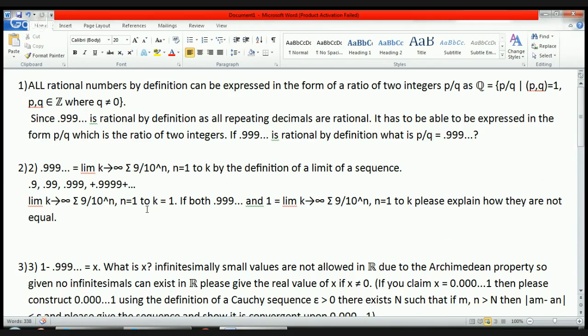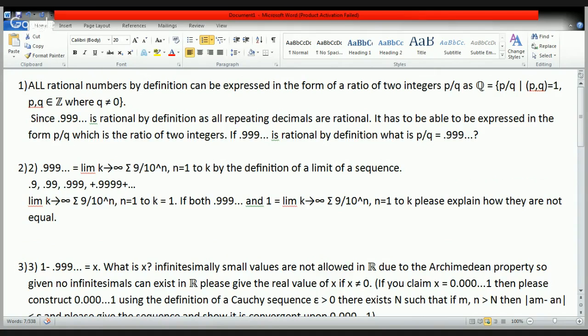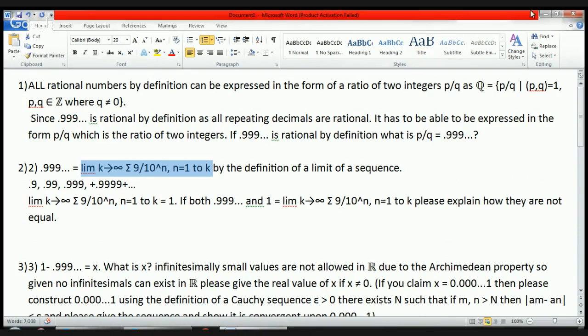And what I say here is that because the limit as k approaches infinity of this formula, 9 divided by 10 raised to the n, is equal to 1, both 0.99 repeating and 1 are equal to this right here. Both of these are correct. And if I remember correctly, if I cut and paste this and go over to Wolfram Alpha,